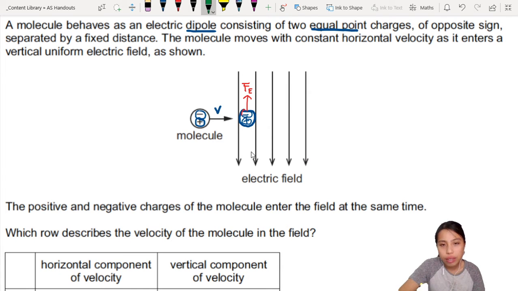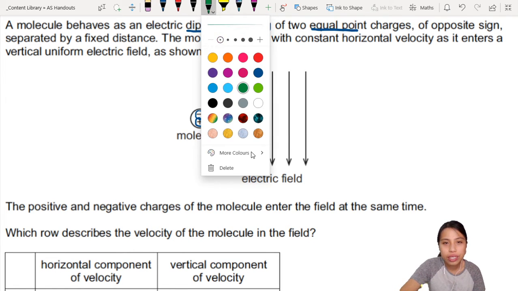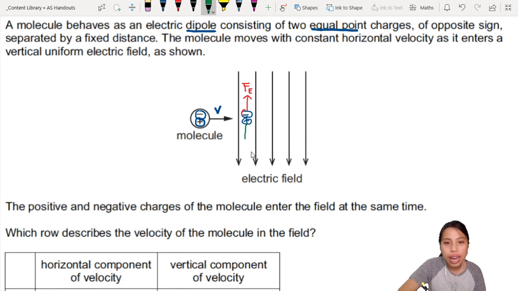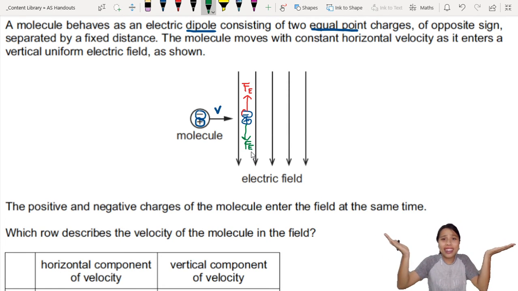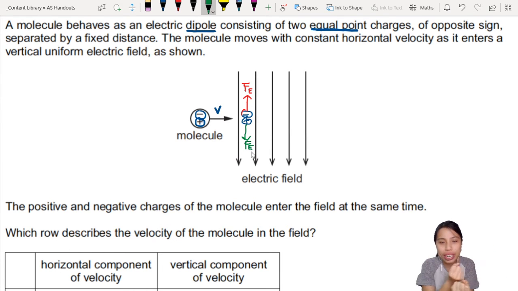Then the positive one down there, the other half, will experience, whoa, this is a huge green color. This one, let's change it smaller, will experience another force, but downwards in a different direction. Where would it go? Would it go up or would it go down or would it not go anywhere? It's like two people, a couple together. One says, I want to go McDonald's. The other one says, I want to go KFC. So in the event, you cannot decide. One force pulls there, one force pulls there. So what's going to happen is,